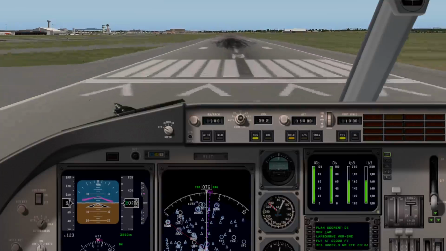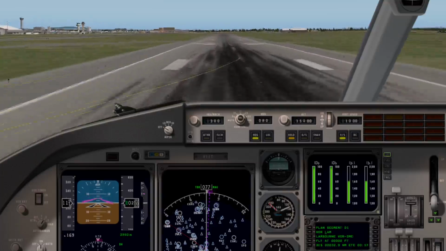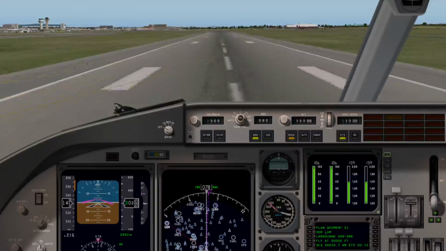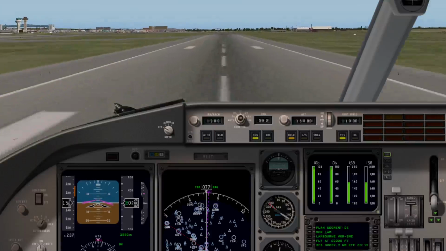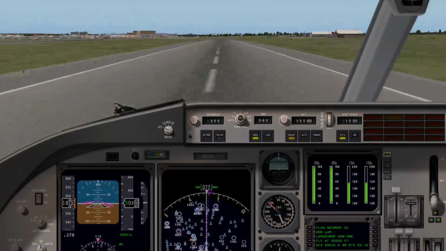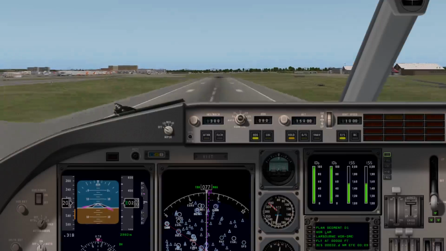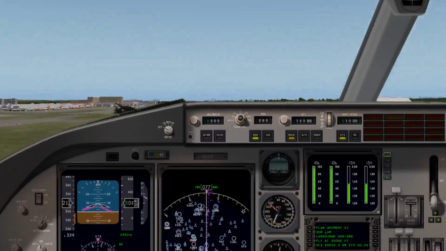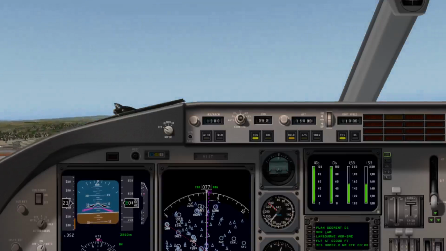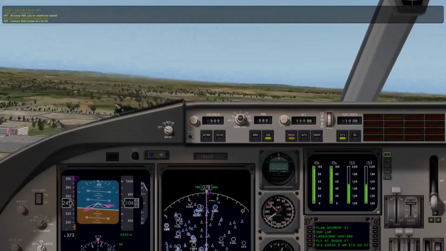And with a bit of luck, should comfortably reach rotate speed. Here it comes. You can see an orange bar on the speed display indicating where rotate speed is. And we're near enough there now. So up we go. Rotate. Yep, that's fine. And I'll set the autopilot to auto. And I'll hit the localizer button, which will make the autopilot